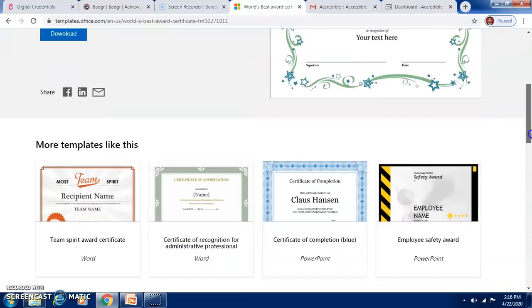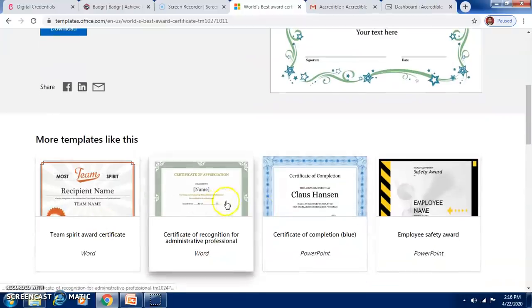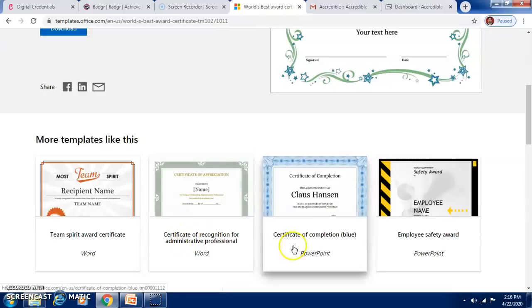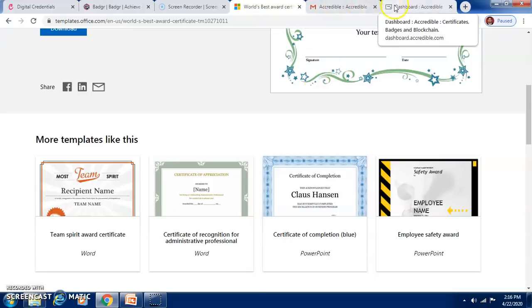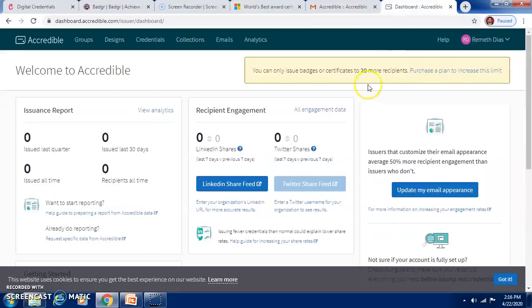There are so many templates available which can be downloaded in Word or PowerPoint format, and which can be edited and given to the students. Even we can issue the certificates. Accredible issues the certificates, but for the free version only 20 recipients can be awarded badges in a year.